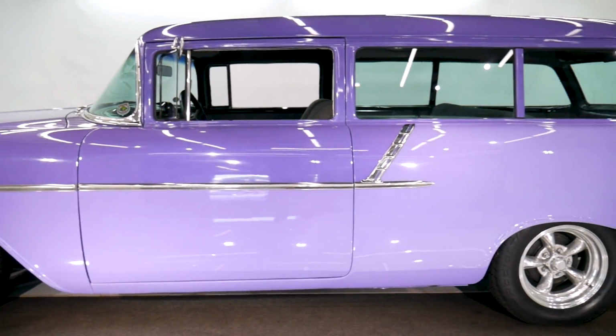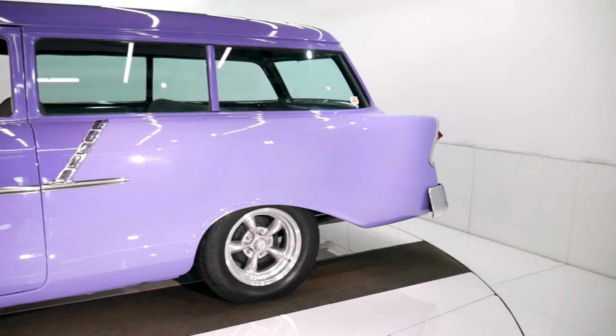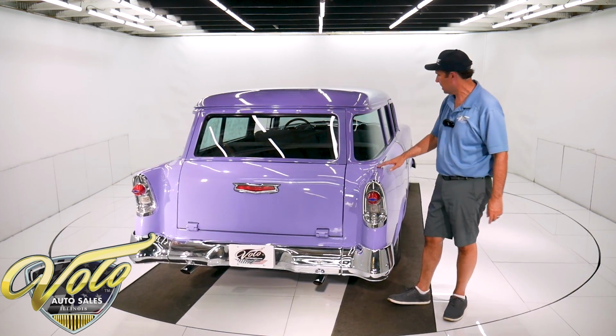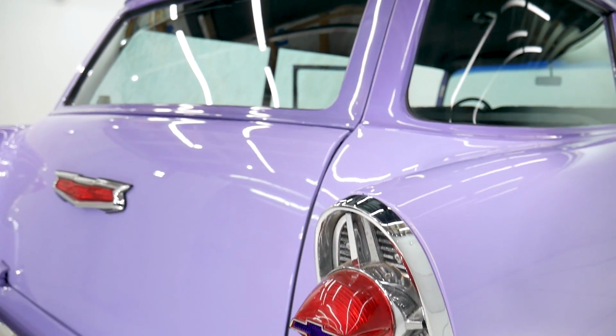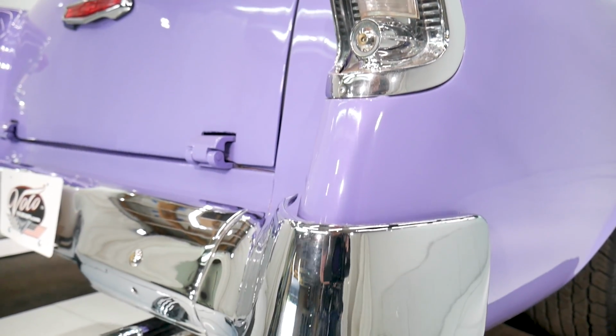It's straight. It's not popping and bubbling. This all fits nice. This is smooth as silk. All real nice all around here. It is a two-tone. I don't know if you can tell that. All real nice. And notice there are no door handles. It opens with remote. Re-chrome tail lights. Got the bow tie